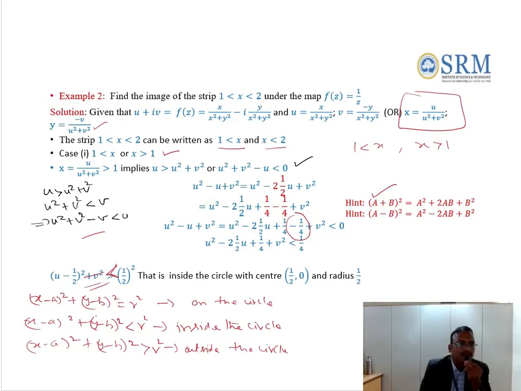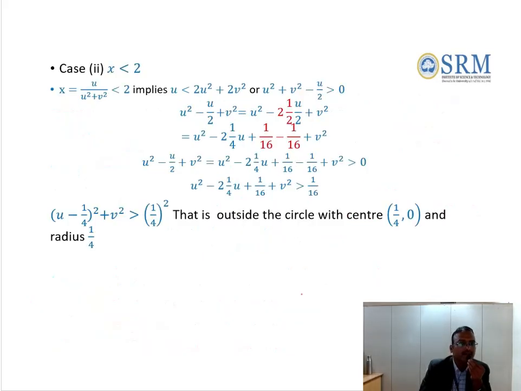So from these notes we come to know that (u − 1/2)² + v² strictly less than (1/2)² means it is inside the circle with the center (1/2, 0) and radius 1/2. So the first relation, 1 less than x, says that it is inside the circle with the center (1/2, 0) and radius 1/2. Now we have another case, x is less than 2. Let us see the next case, x less than 2,